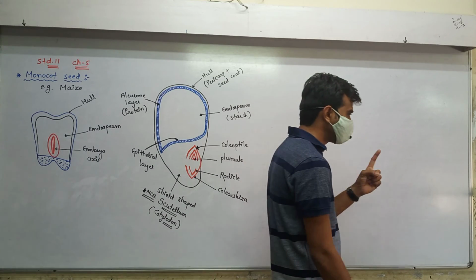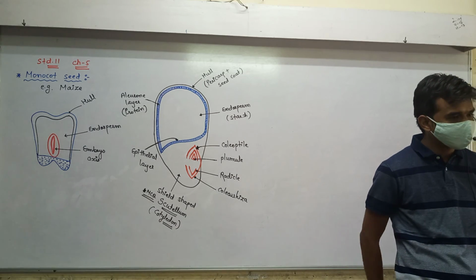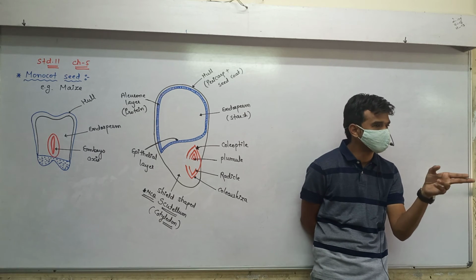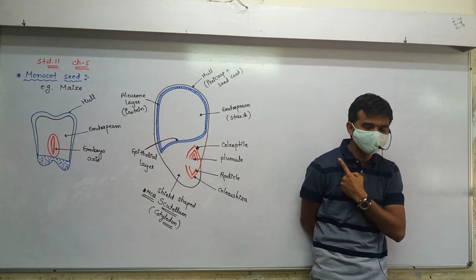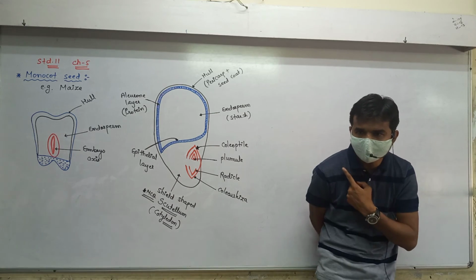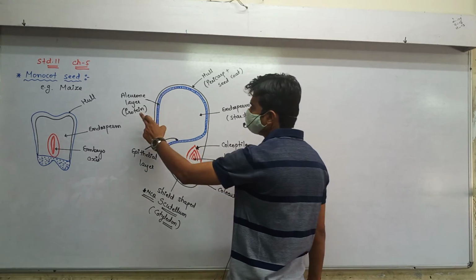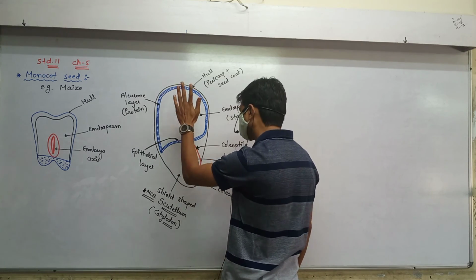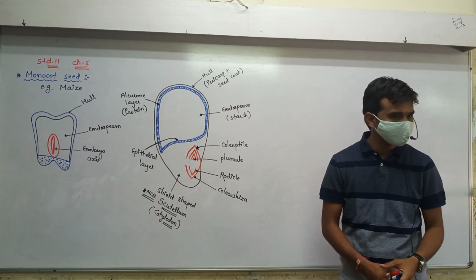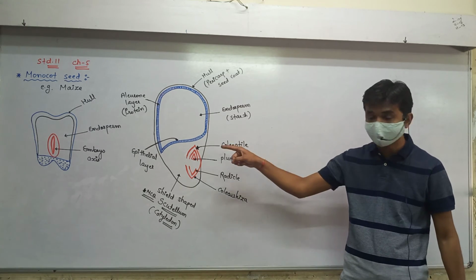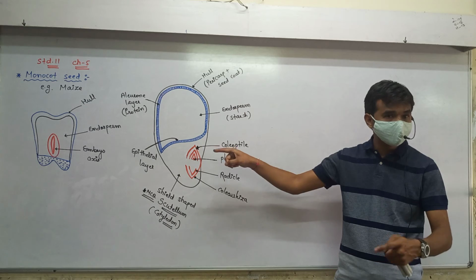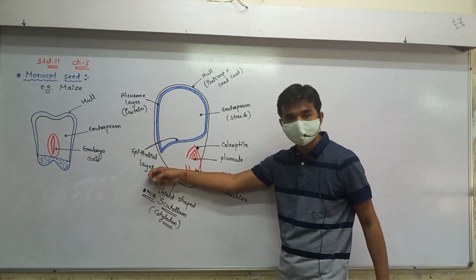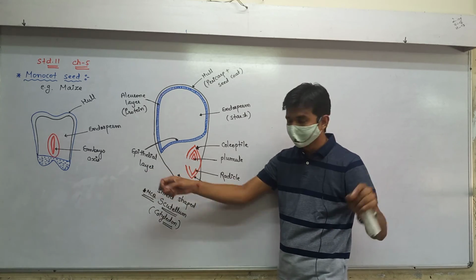Amyloplast stores starch, elaioplast stores oil and fat droplets, and aleuroplast stores protein. So this portion provides us protein. The aleurone layer is the protein-containing layer, and this part is known as endosperm. Later on I will give you the definition of the epithelial layer here. Don't consider epithelial tissue, it is different. Just leave it for 1 minute.